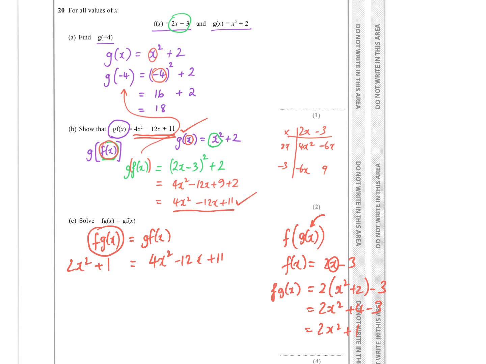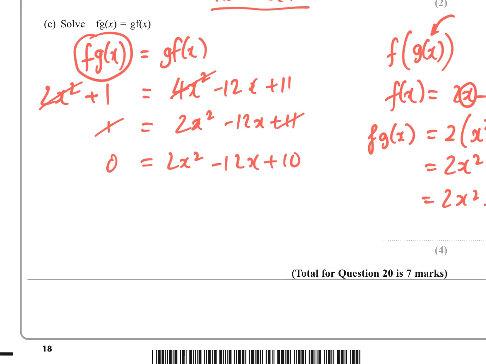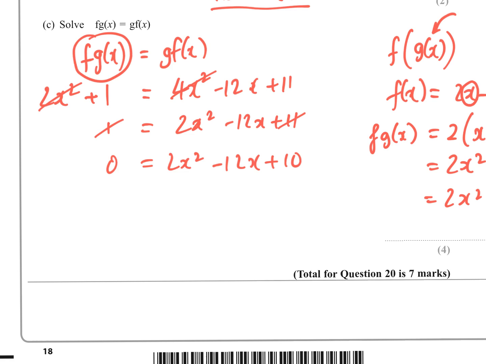So we'll take 2x squared from both sides, and that will leave us 2x squared minus 12x plus 11 equals 1. We'll then take 1 from both sides, and would have 2x squared minus 12x plus 10. All of those parts here, if I enlarge this, all of those parts here are positive, even, and we divide both sides by 2 therefore, and we'd have 0 is x squared minus 6x plus 5,